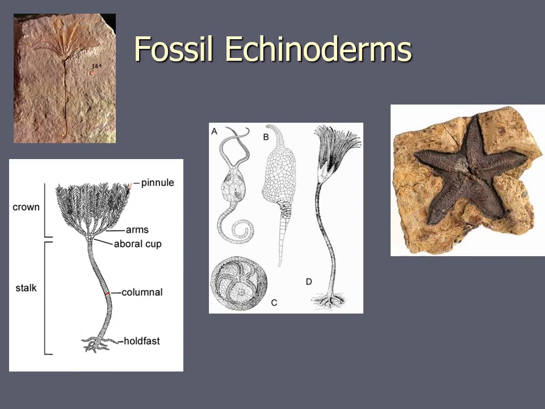And there's another group I want to mention, and that's the echinoderms. So echinoderms today are represented by sea stars and sand dollars and sea urchins and sea cucumbers and things. But in the Paleozoic, the most common type of echinoderm were these things called crinoids. And they look like plants. In fact, their nickname is the sea lily, but this is actually an animal.